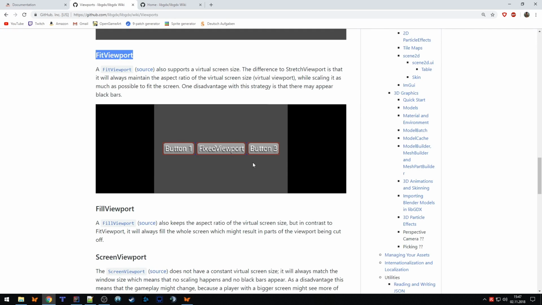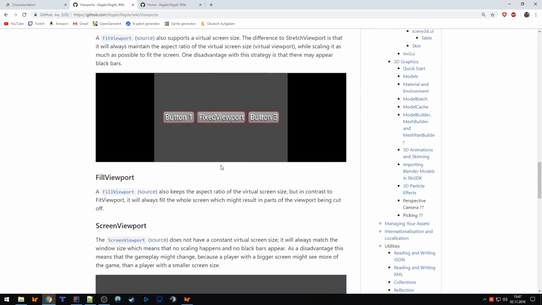But in case the aspect ratio would get lost, then it will use some of these columns on the left or right side or top and bottom side if needed, but it will keep the image or everything of your game in aspect ratio so that everything is correct.